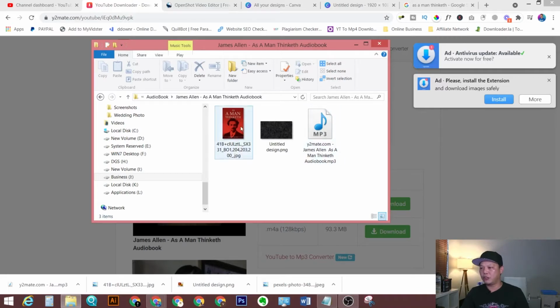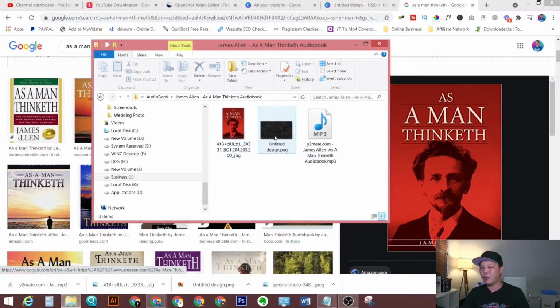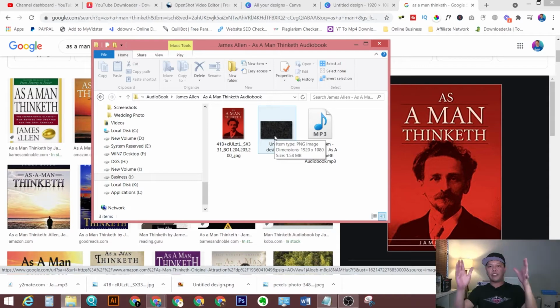We also need to grab a book image and some kind of background image. For the book image, you simply go to Google, search for that book, and save that image into your folder. And we also need to create some kind of background image to make our video footage look better.